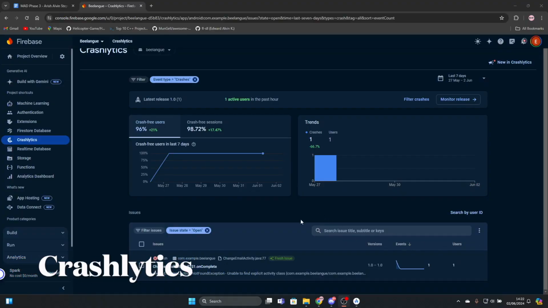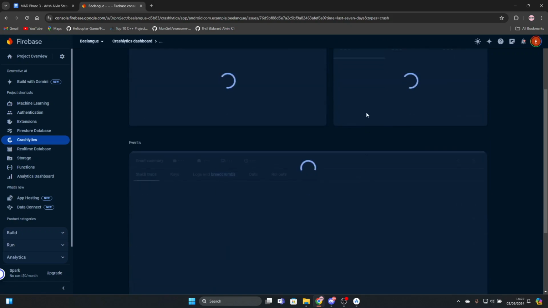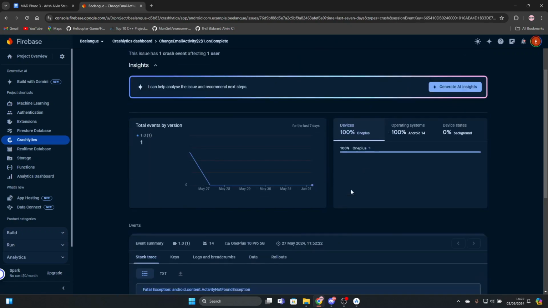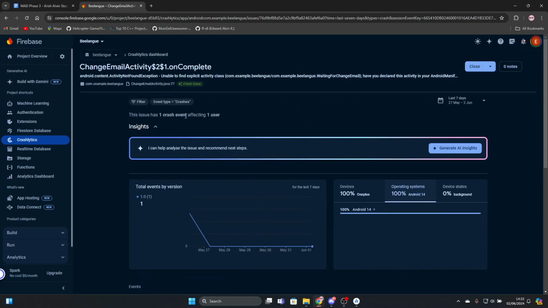So here is our Crashlytics, where we keep track of the recent crashes in our app, and it records every single crash worldwide. So here, if we set it to the last 7 days, which is our latest release, we can see there's only one crash here, and we can see there's the change email on complete. We can also see what device it is on and the operating system. We already fixed this crash,